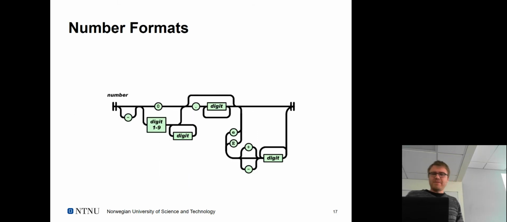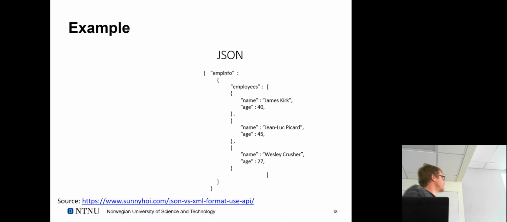Number formats are similarly specified. So what do we have? Well, it can be positive, negative, have 0 to 9, and a multifold of those, and they can have decimal places, and they can have exponent specifications, either positive or negative, again with an arbitrary number of digits. That's roughly what JSON is about. So the idea is really to be super lean, and I think that is quite successful. If we take an example here, employer information consists of employees. Employees have a name and an age apparently, and that's how they are listed, right? So quite lean and straightforward.